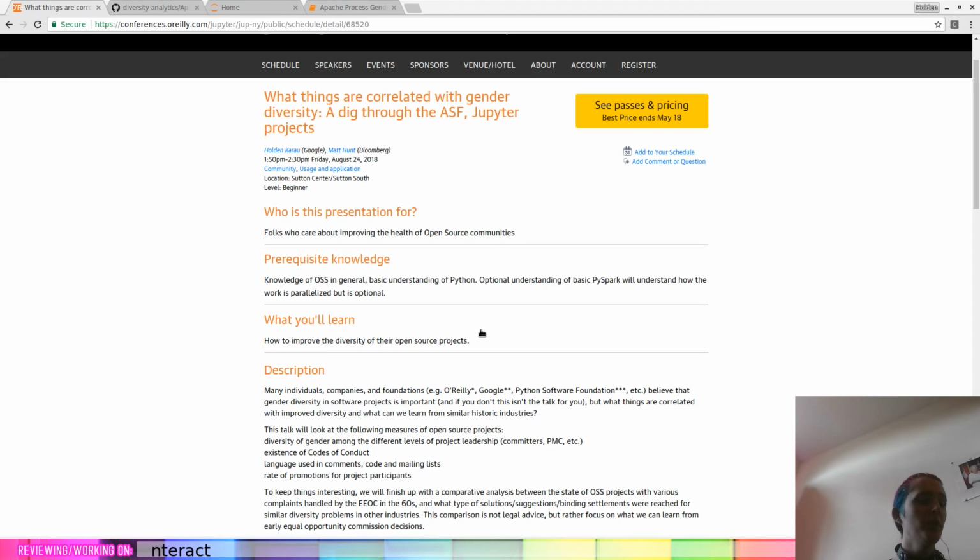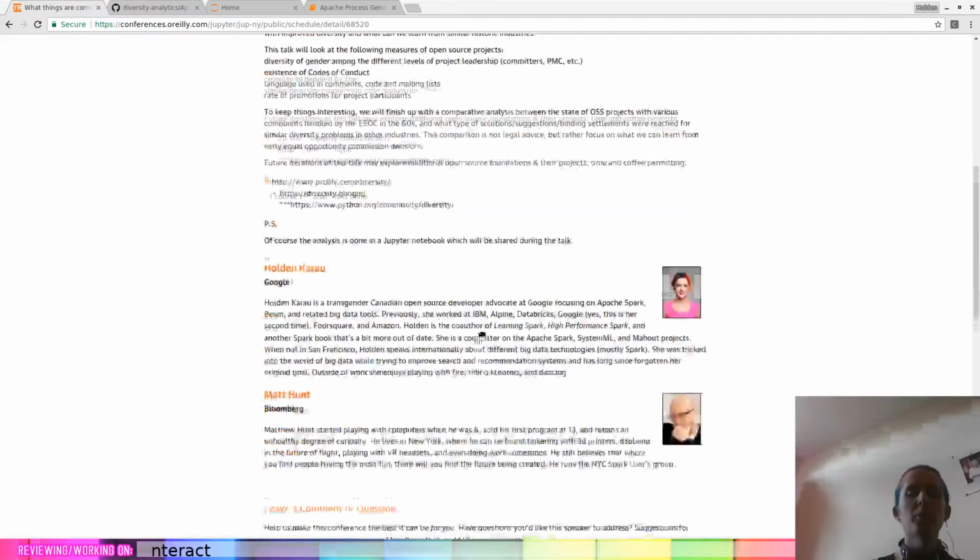Essentially, people can look at things that projects with more diversity are doing, which are maybe different than the average project, and we can try them to see if it actually encourages diversity in other projects. But the first part is we need to measure which projects have different levels of diversity, so that we can see which projects are doing better and which are perhaps not doing quite as well.